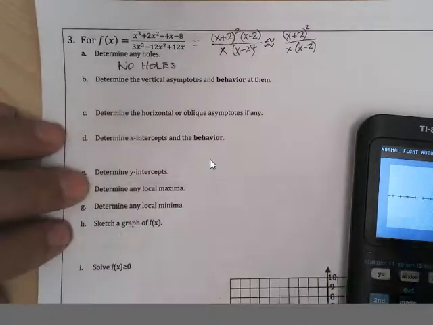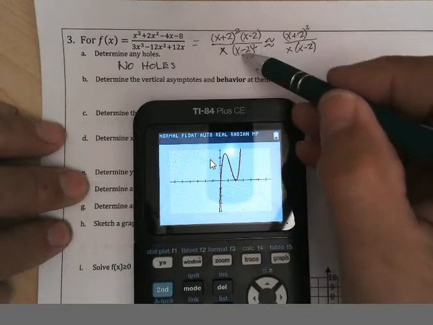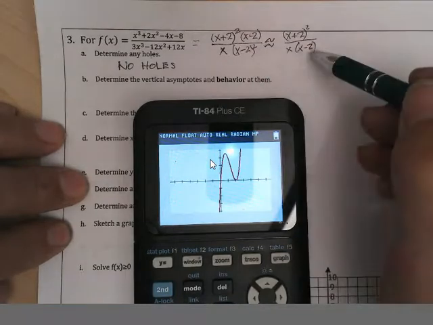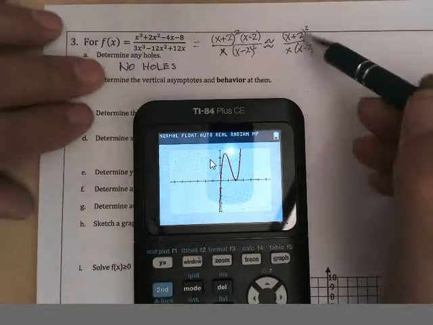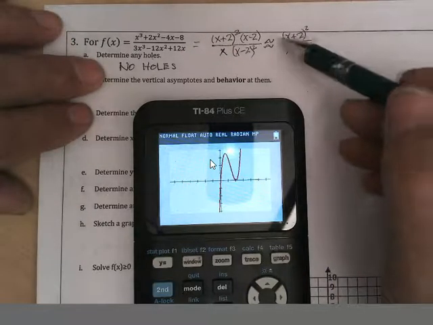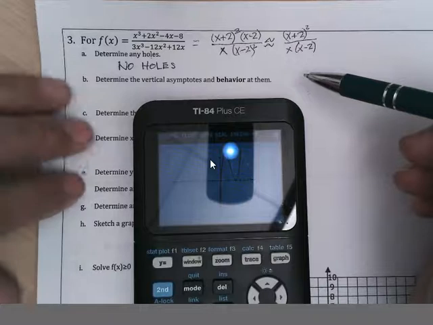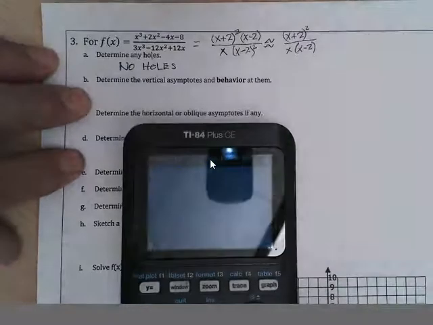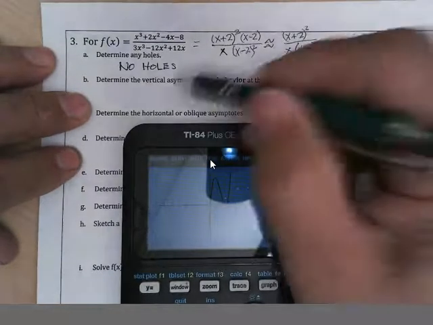Now, if this was just x minus 2 once on the top and the bottom, then we would have gotten a hole, and to find it we would have plugged whatever that place is into the reduced form. Okay, vertical asymptotes. It appears that we should have a vertical asymptote at 2